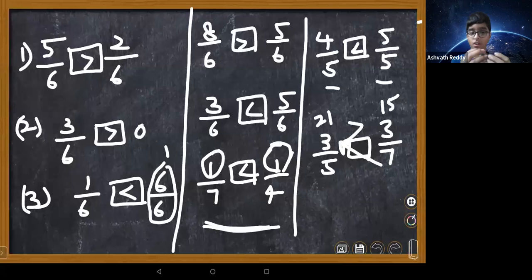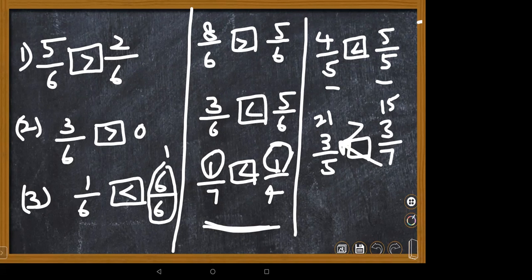Ma'am, one example in this regard. In a square sheet, a rectangle which has sides with a length of 35 centimeters, length 35 centimeters means 3 boxes. Now if we draw 5 parts in one rectangle and 7 parts in another rectangle, one part in the rectangle with 5 parts will be bigger than one part in the rectangle divided into 7. Wonderful, ma'am, very good. Why?